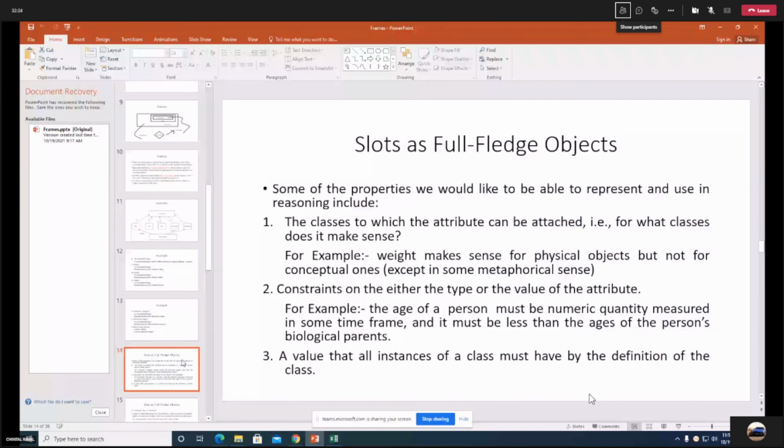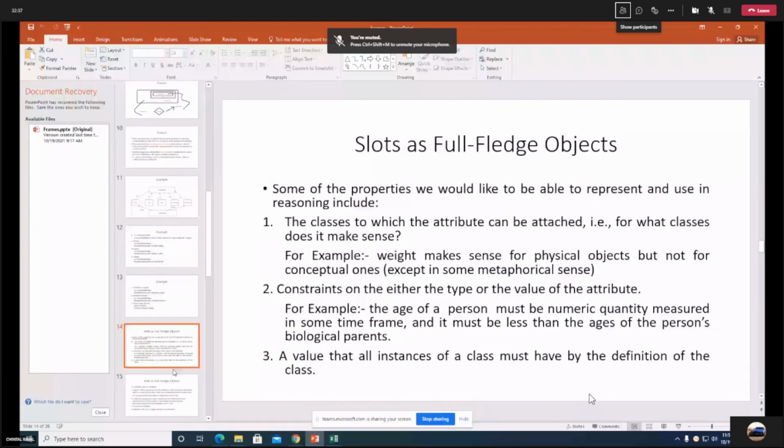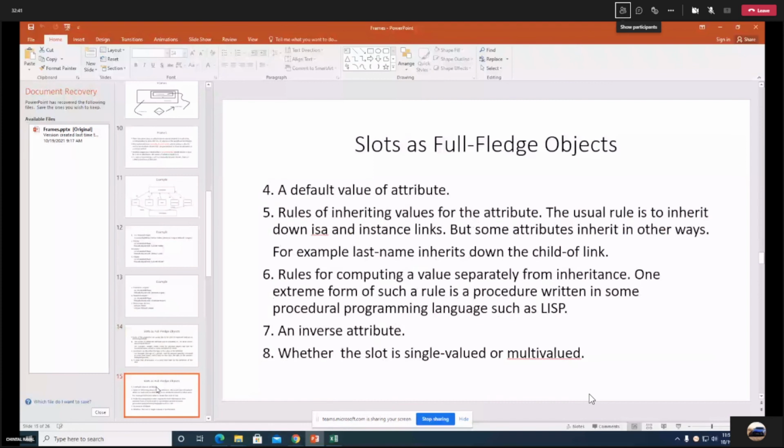Constraints on range: if you want to put some range, we don't have any attribute until now. Definition, description of class, and default value of attribute we have not seen. Whether the attribute is single valued or multi-valued, true or false, and the inverse attribute of that attribute.